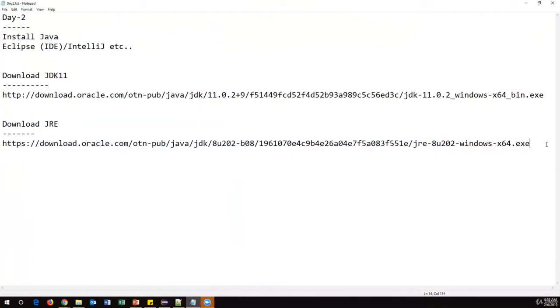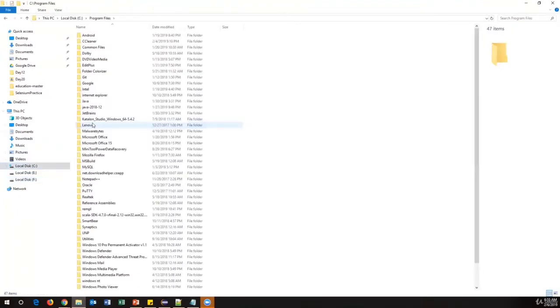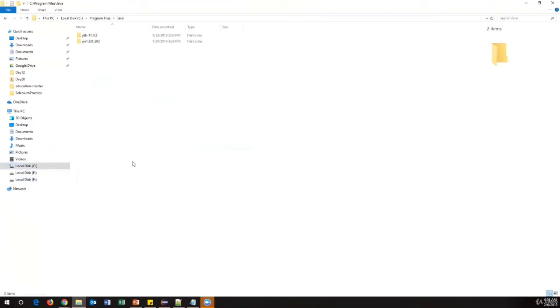Step one: download and install both the JDK and JRE by clicking the exe files. It's very simple, you can do that. But we need to do additional configuration. Once you have installed Java, you can immediately see a Java folder in the C drive, under Program Files. Inside Java, you will see two folders.